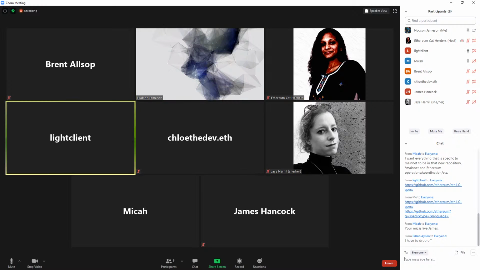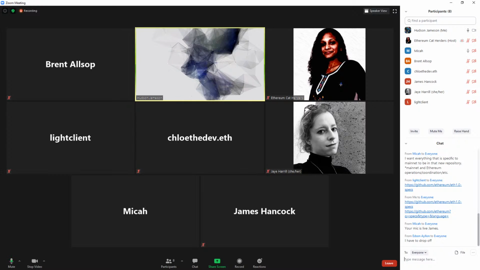My thinking was just looking at how these two specs repos are modeled, and everything in these two specs repos essentially defines how to write these 2.0 clients. So if we have this 1.0 specs repo where it only has some new upgrades, that seems like it doesn't follow that. For this one, it doesn't have to, because ETH 2.0 had the benefit of being able to start fresh, whereas our stuff has a lot of baggage from other repos and a lot of history.